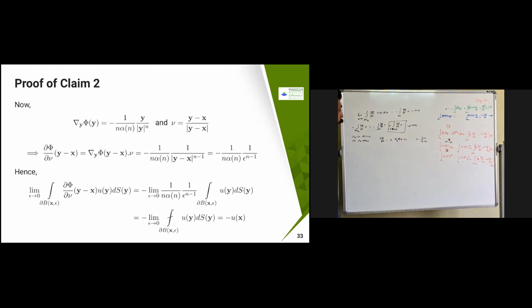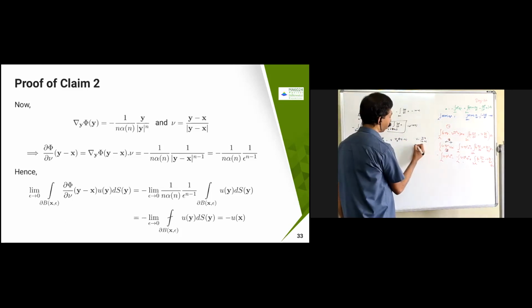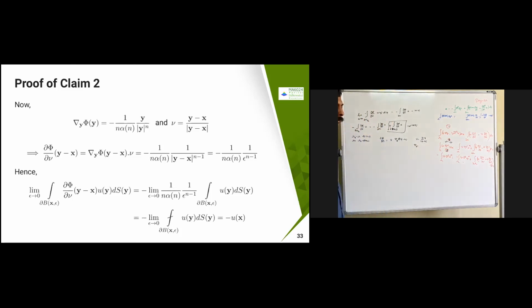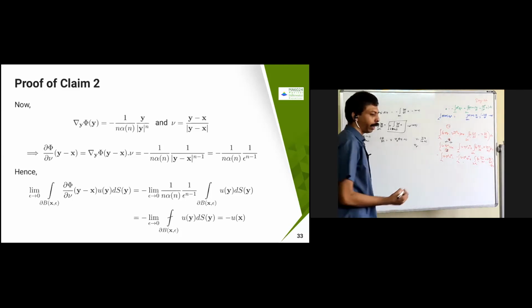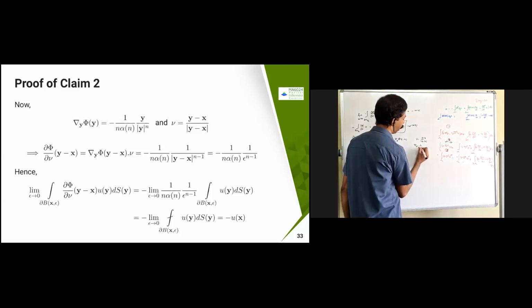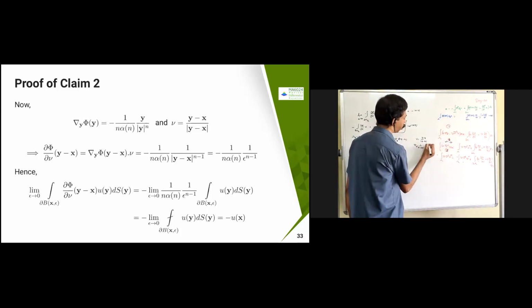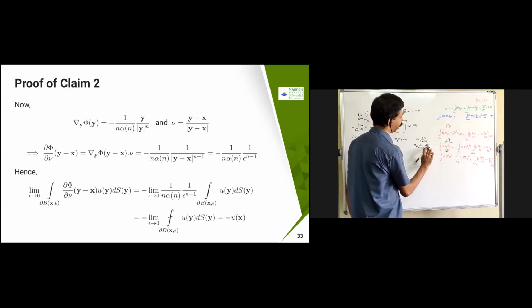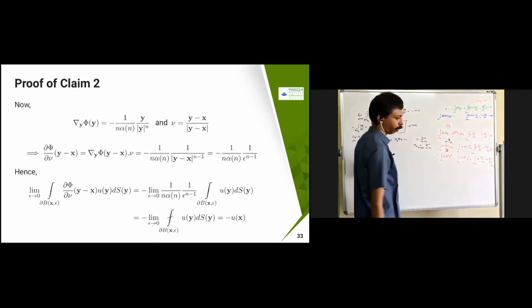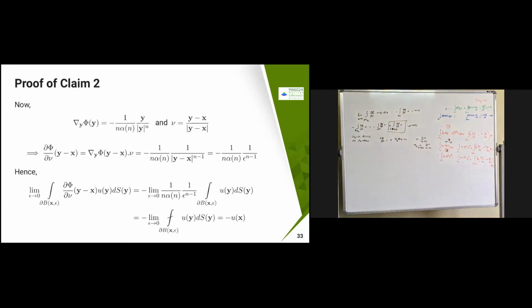And del y also, if you remember, in that one we defined this as pi of y minus x, so you take the derivative. We are going to get 1 by n into alpha of n. We might have proved y by mod y in the other theorem. So here it is going to become y minus x, because we are defining it on the ball around x, so n minus 1.